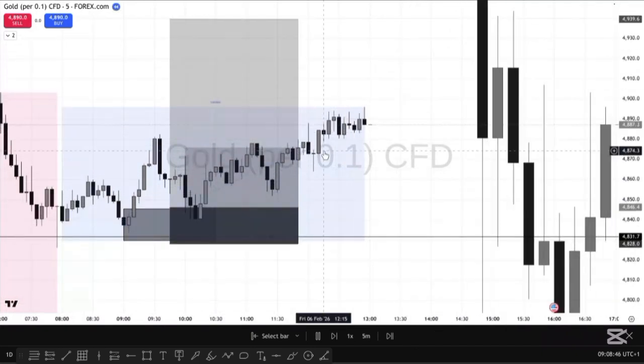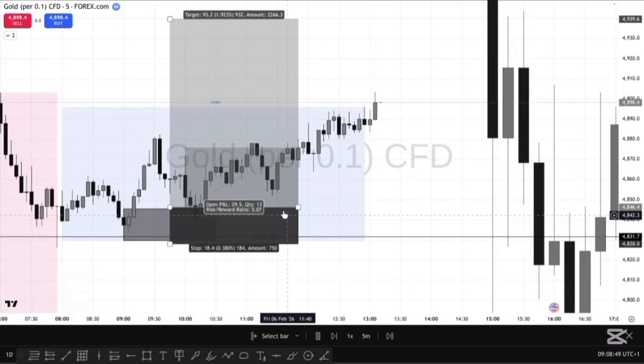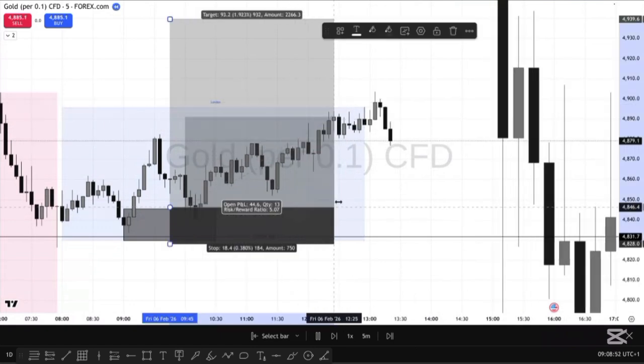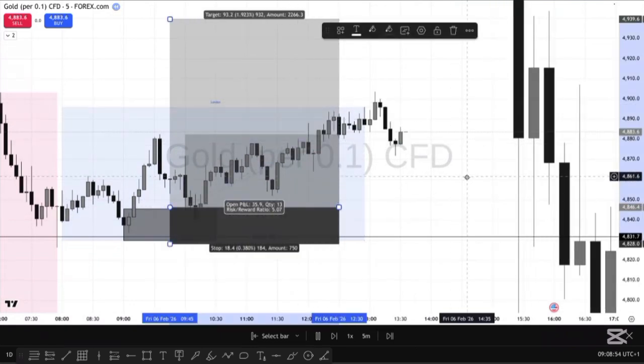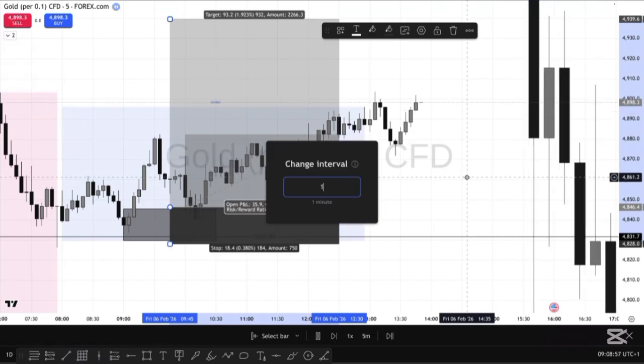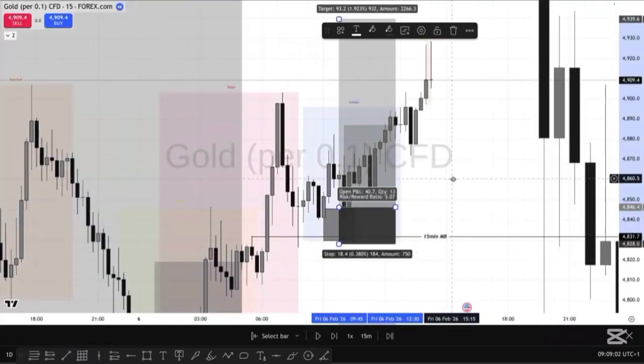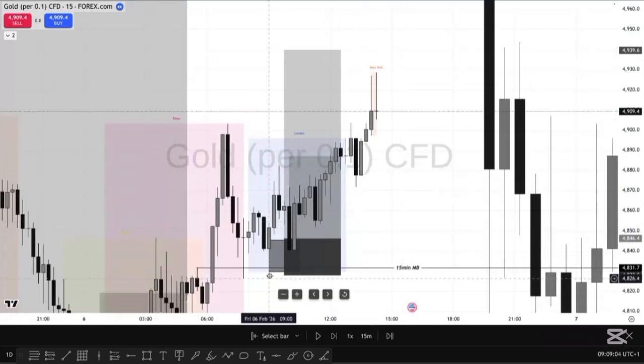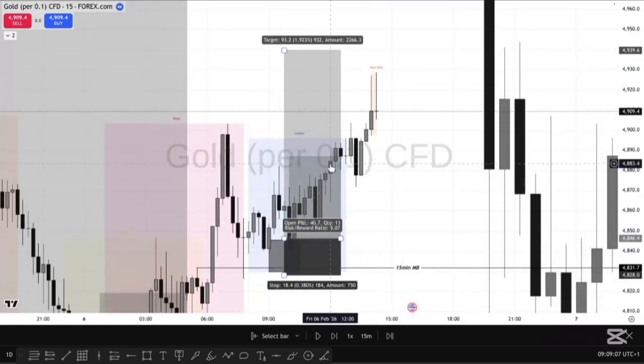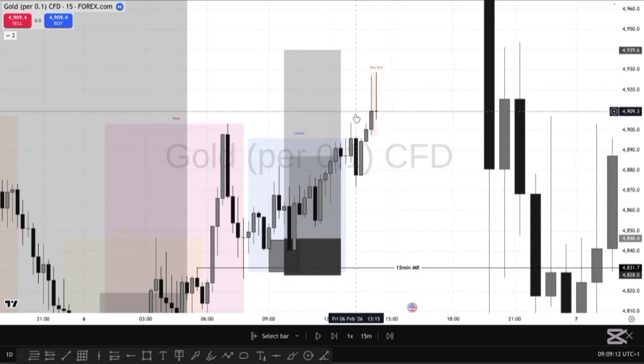So price kept buying until it created a new structure that I was confident in. So I'll come back to the 15-minute time frame. I think price has created it already. Okay, yeah, price is just creating it now. Now you can see on the 15-minute time frame that these impulse moves are not valid order flow legs because they do not have fair value gaps. Price only created the valid order flow leg when it created this move. We have a swing low, fair value area, and fair value gap. And so for me, my entry on this was at